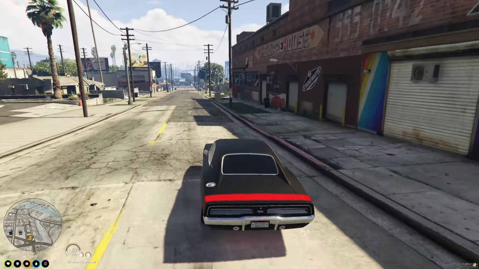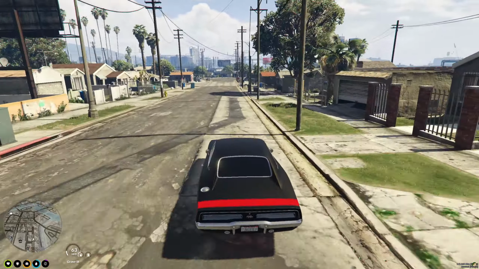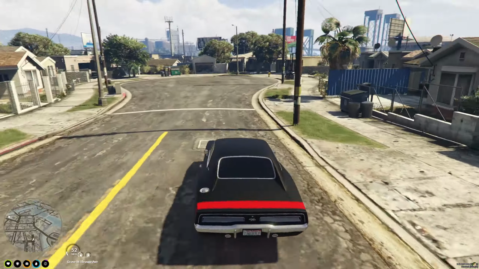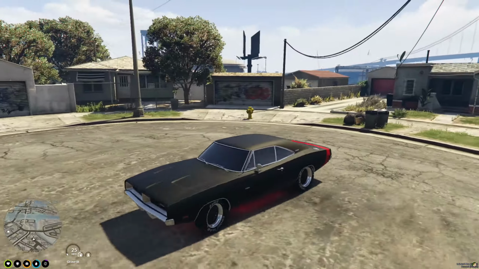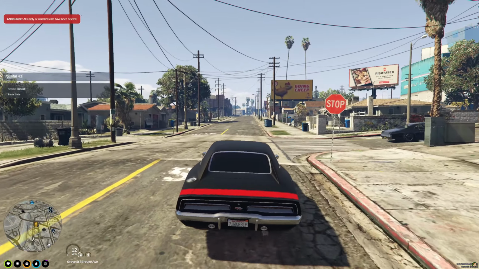So if we just roll down here, as we can see, there doesn't seem to be anyone on Grove Street right now. Yeah, see, there's not a single person on Grove Street. So now that I know that this place is clear, if you want the postal for the next location, it